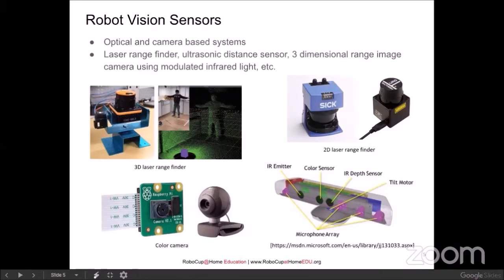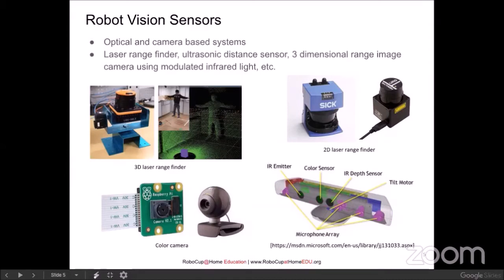So we can use a color camera. For example, I show you some examples over there: a webcam or a Raspberry Pi camera and so on. All those very small cameras you can use to get the color information in order to do some recognition. Then I also show you one example on the lower right-hand side,